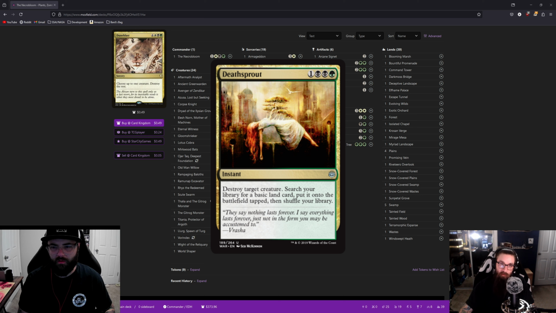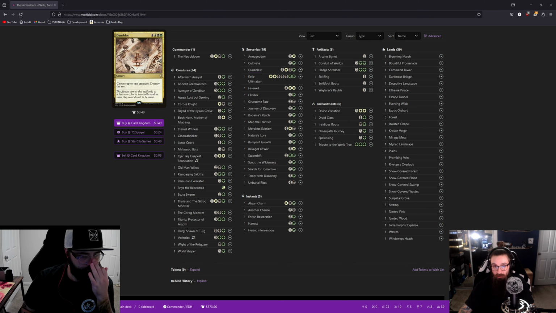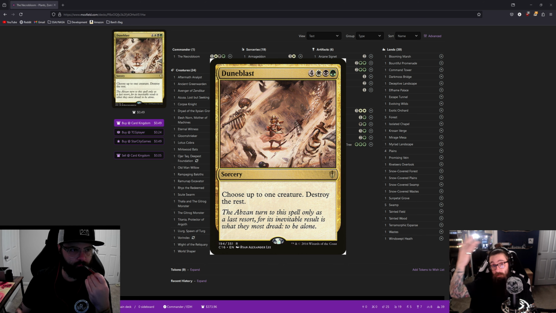I always mix up these 2 cards, and I don't really have a good excuse. I could try to say that the art is similar. It's not. Maybe the colors are getting my wires crossed, and the fact that they both start with a D. But Dune Blast is super fun because you can target Necrobloom and then wipe the rest of the board. Or if you have one of the other amazing creatures that we'll get to in this deck,